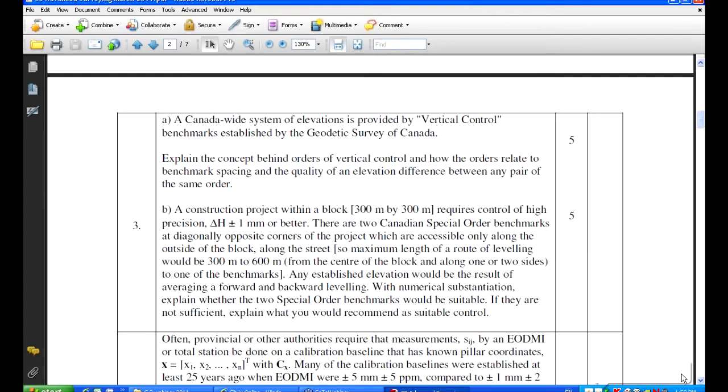I suppose we could go on and say, well, if it's just barely acceptable and you were to do a calculation and find that it wasn't acceptable, what would you recommend? And well, a construction project would require you to provide elevations for what purpose? Well, one of the purposes would be for the relative position of all the points within the project, but you